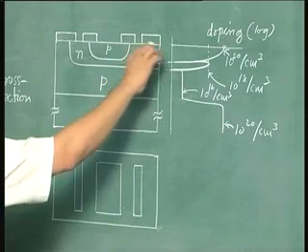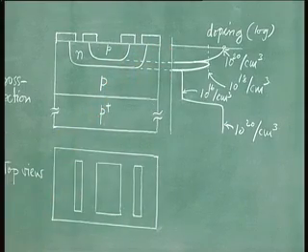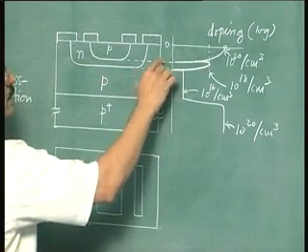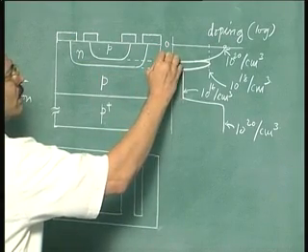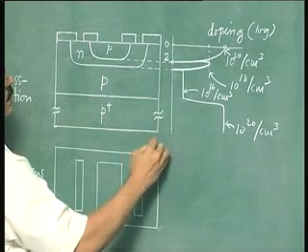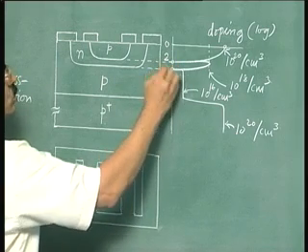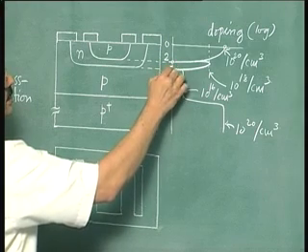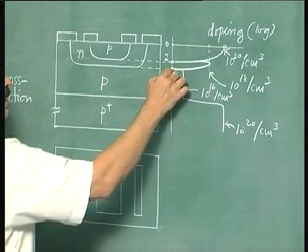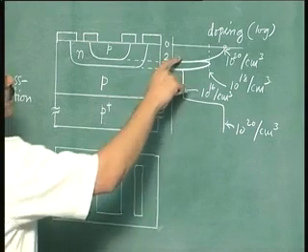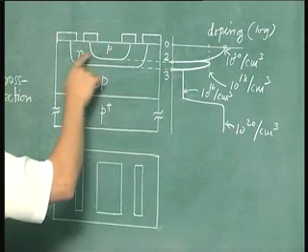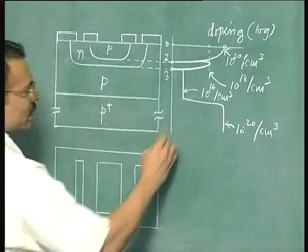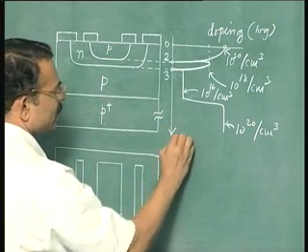Now what about the distances? Taking this as the reference point, this point could be about 2 to 3 microns, and this point, if this is 2 microns, would be 3 microns or less. So the distance between these two junctions is about a micron. These are the two junctions in close proximity. So the p-n junction here and this n-p junction here are responsible for the transistor action. So here the distance is in microns.